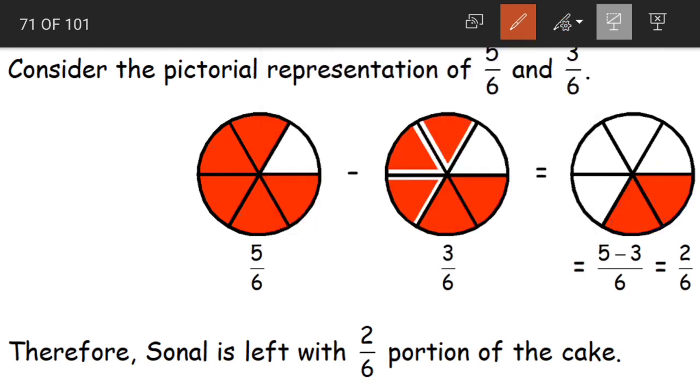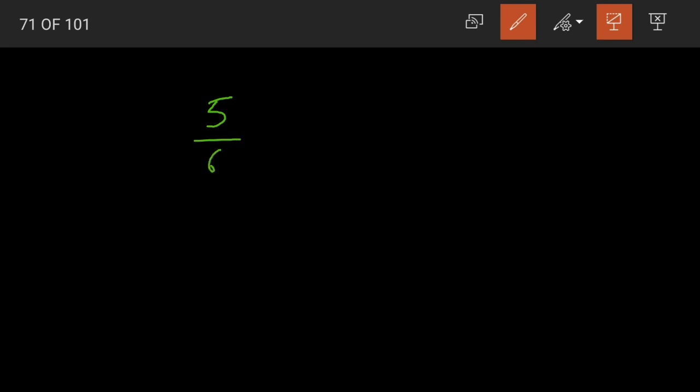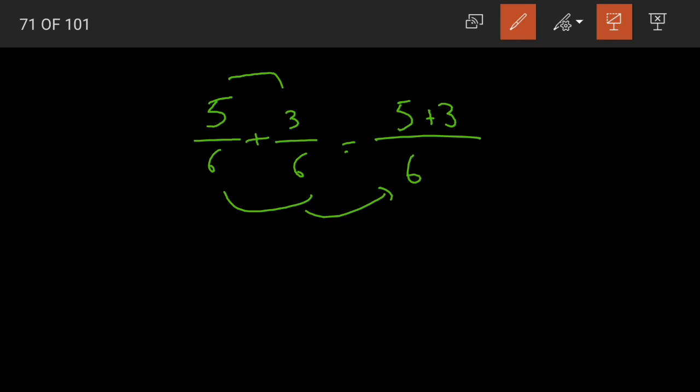Now do you remember addition of like fractions children? See, suppose if we have 5 by 6 plus 3 by 6, how did we add? We added the numerators 5 plus 3 divided by, we gave a single common denominator. Yes or no? Both are like fractions. They are having the same denominators. So we gave them one single common denominator. Next, the sum of 5 and 3 is 8 divided by our denominator 6. Now what was this? Addition of like fractions.